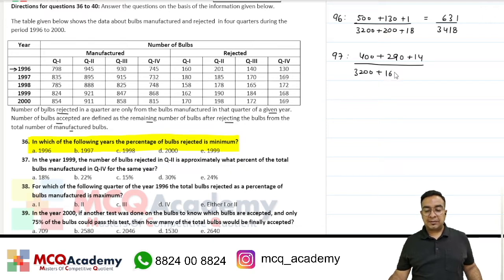16, that is 160. And at ones places we have 5 plus 5, 10, plus 5, 15, plus 2, 17. Adding this up we'll get 690 and 14, which is equal to 704, and this is equal to 3377. For the year 1998, the numerator will add up to 100 plus 100, 200, 300 and